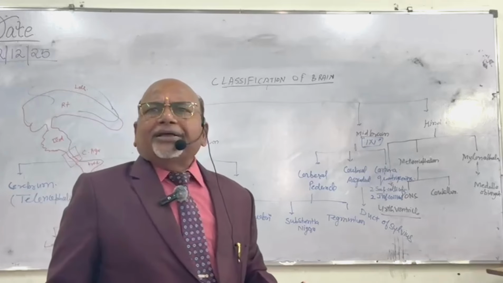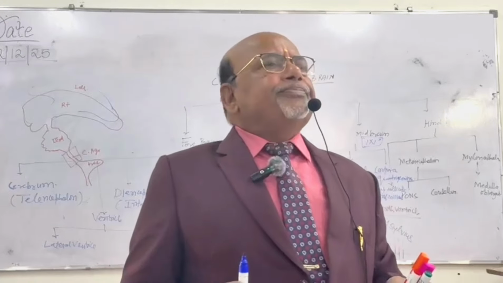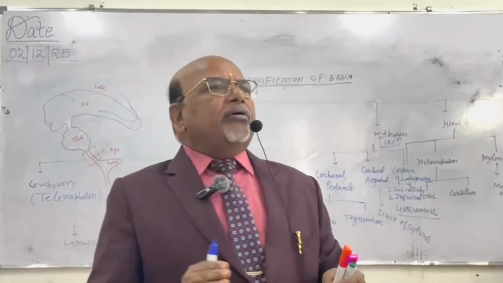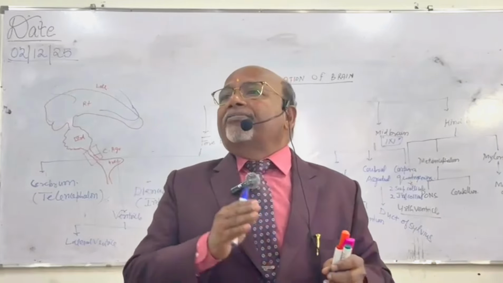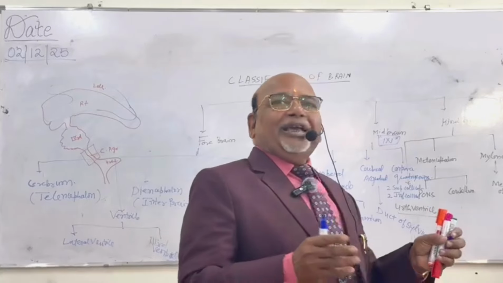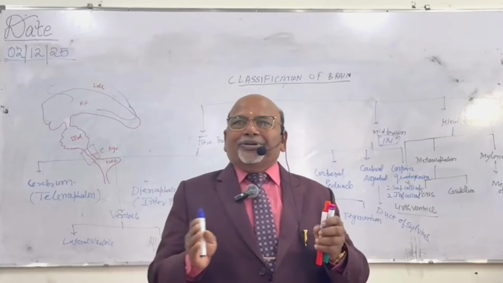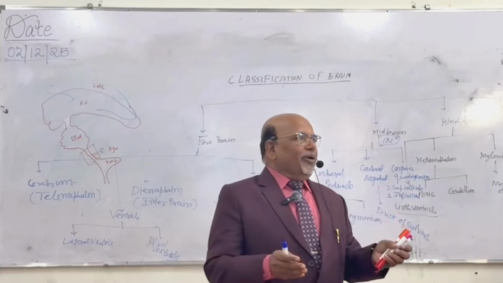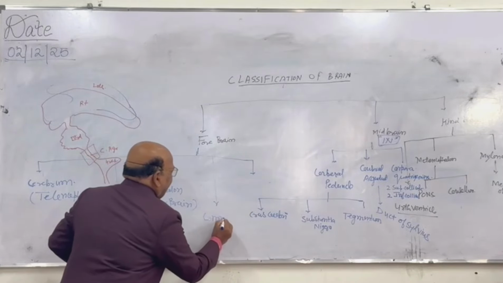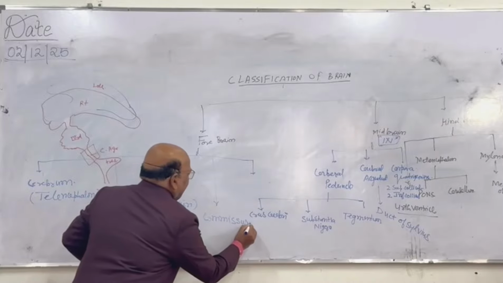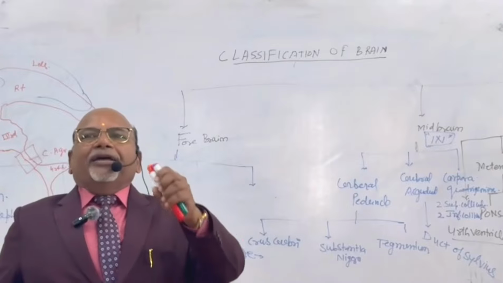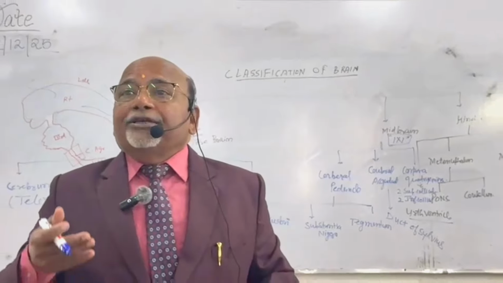आप जानते हैं राइट और लेफ्ट सेरेब्रल हेमिस्फीयर होता है, दोनों को मिलाकर हमने सेरेब्रम कहा है। राइट और लेफ्ट सेरेब्रल हेमिस्फीयर हैं, तो राइट की इंफॉर्मेशन लेफ्ट में जानी होती है, लेफ्ट की इंफॉर्मेशन राइट में जानी होती है। इन दोनों को जोड़ने वाले को हम क्या कहते हैं, कॉमिश्योर। कॉमिश्योर कहते हैं, जो राइट से लेफ्ट में, लेफ्ट से राइट में जाते हैं।